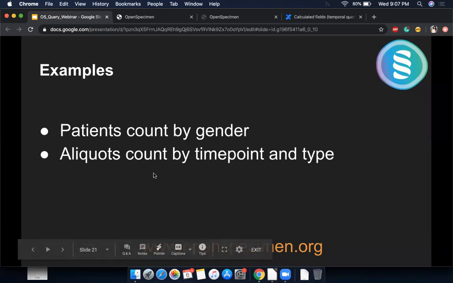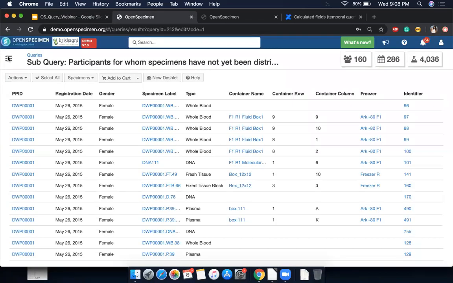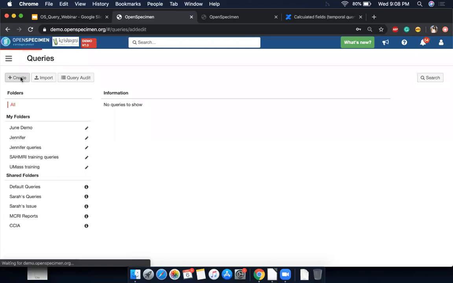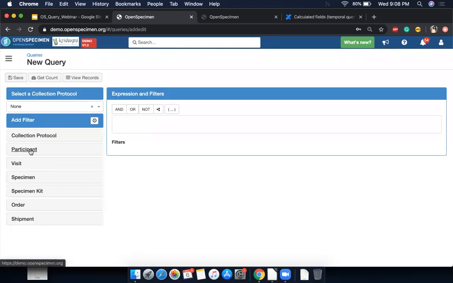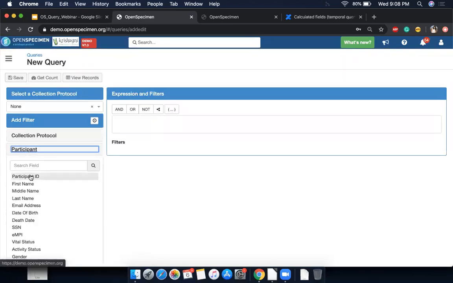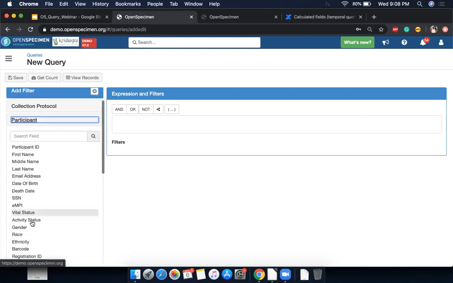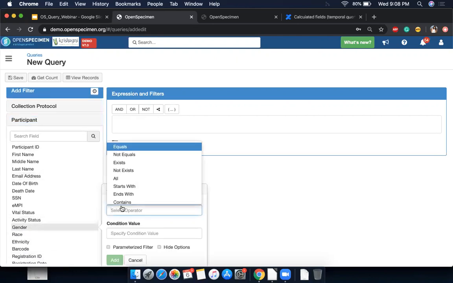Suppose you just want to see how many patients got registered in the last month for a particular protocol, and I want to see by gender how many patients exist. So what I need to do, I'll just create a new query. Whatever conditions I want, I just add. This is similar to how you added filters before.